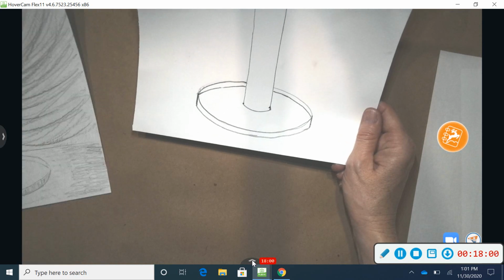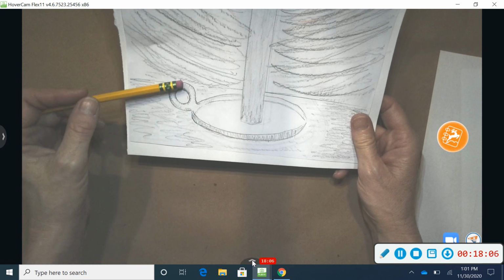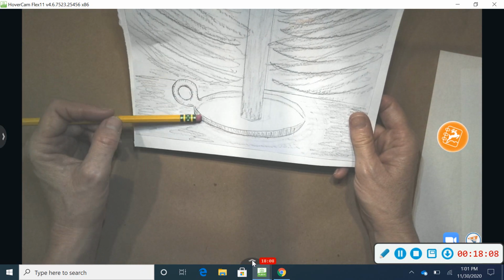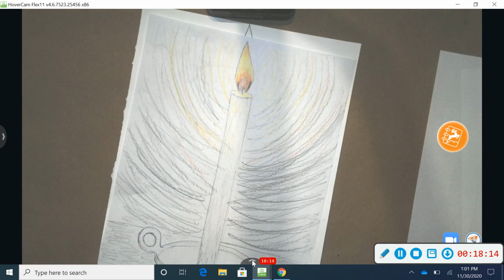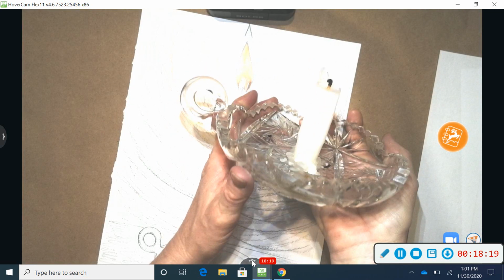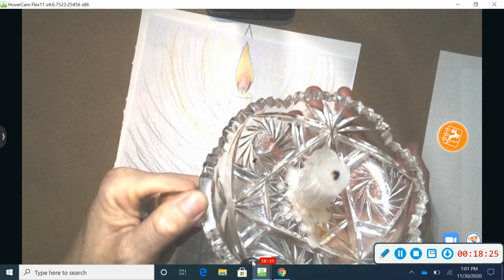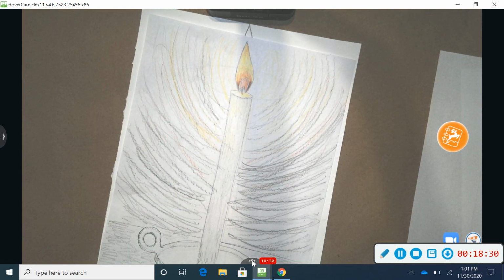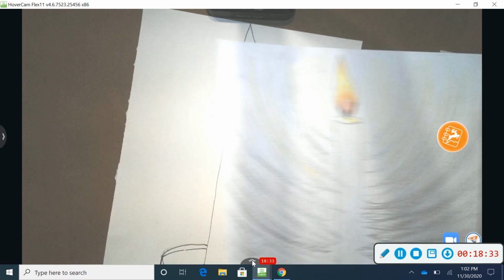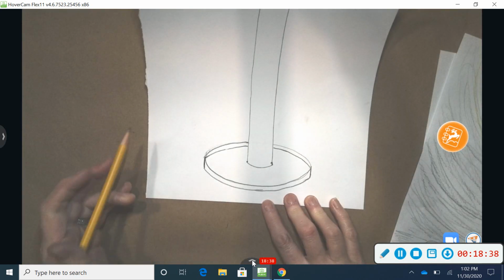Now, the handle is a little circle. You can offset the circle by moving it a little bit up higher, or you can do it right off to the side. I got inspiration for this from an old candle holder I had that belonged to my grandma. As you can see, there's a little place there to put your finger in to hold the candle. But anyways, basically what you're going to do is over here to the side, we're going to make a big